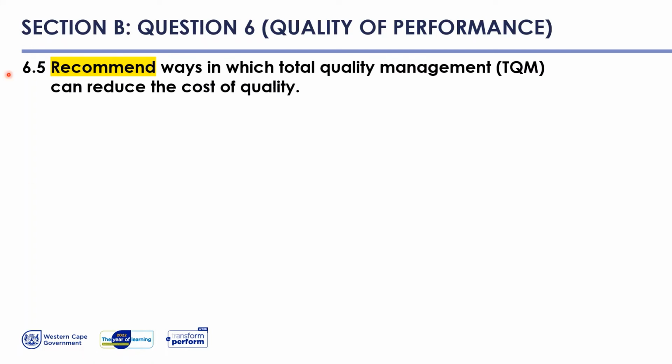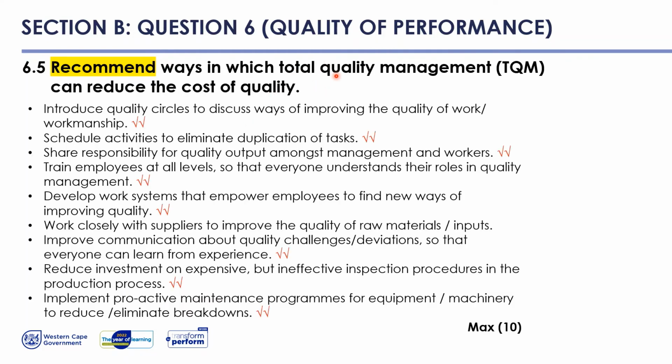Then if we look at our last bullet, we look at our cognitive verb, which is recommend. This is a higher order verb, and this will give you no split marks, or marks will be awarded at the end of every point that is made by a learner. So here we have quite a few options. We have a max allocation of 10 marks, and remember that we have 5, 6, 7, 8, 9 bullets, and that is a total of 18 marks available, but you would only need to give us 5 for 10 marks.